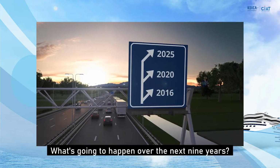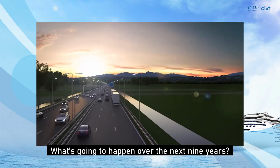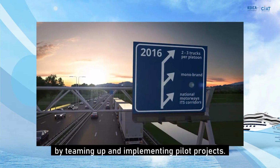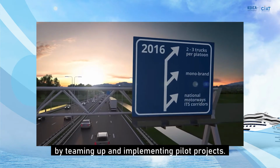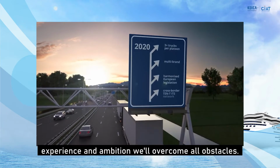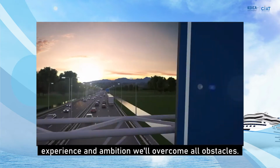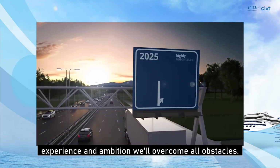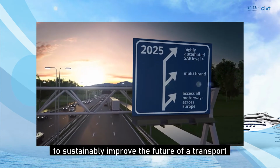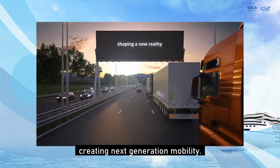What's going to happen over the next 9 years? We will move forward by teaming up and implementing pilot projects. When we share our knowledge, experience, and ambitions, we'll overcome all obstacles. Because the only way to sustainably improve the future of our transport is by working together, shaping a new reality,